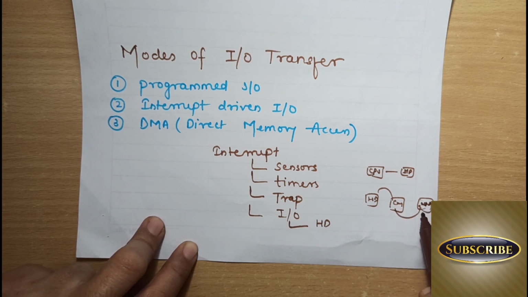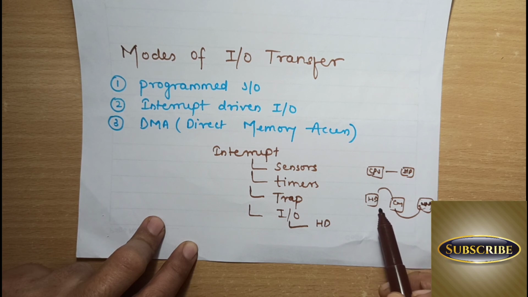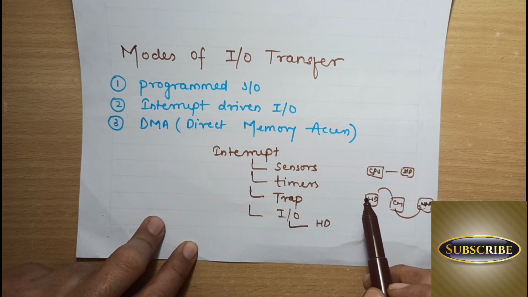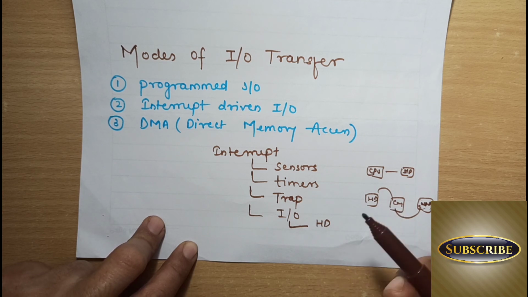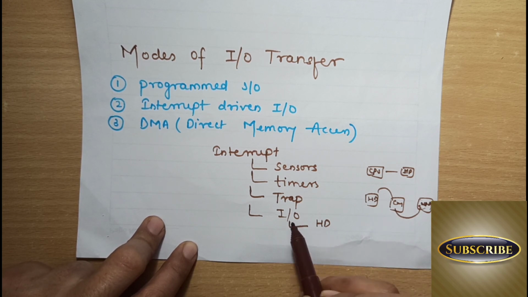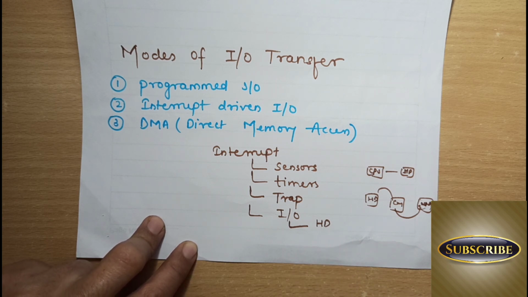at that time, if you do not service this hard disk interrupt at that particular time, because its speed is high and it is a block oriented device, not a stream oriented device, data transfer happens in blocks. If you do not take instant action, then the data may be overwritten. Okay, the next data may come to the controller if you do not access it immediately. So the interrupt of the IO device which has the highest speed has to be serviced very fast.